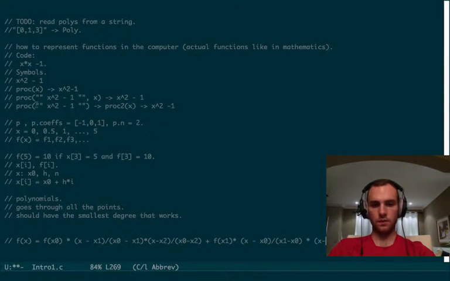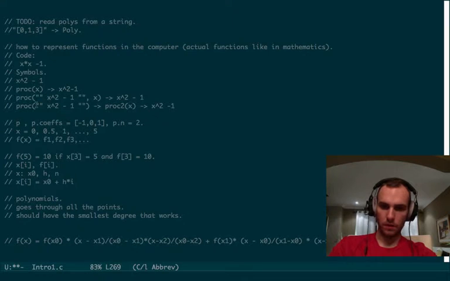x minus x2 this time over x1 minus x2, plus the same term, same pattern, but for x2, right? So what would it be? It would be x minus x2. No, it would be x minus x1 over x2 minus x1, and then x minus x. No, okay, wouldn't be that. It would be,